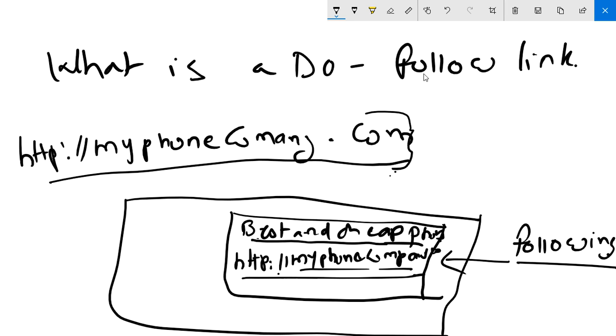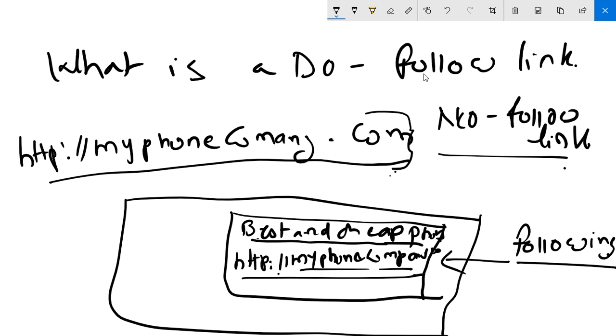A no follow link, there is also a concept called no follow link. What it means is there will be a link, but that link will not be clickable. That will be a plain text and user will not be able to open any kind of a website through